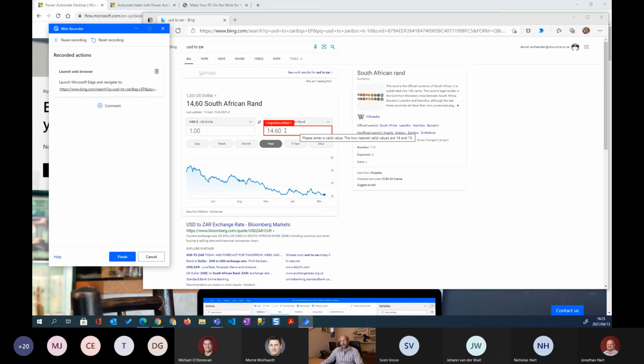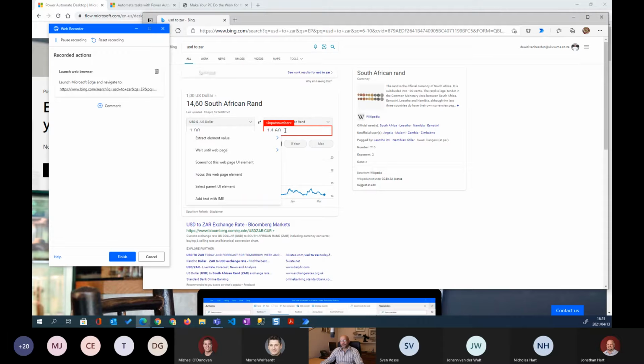So when I right click on this one now, it'll give me a few options. I can say extract the value from this, extract the title of this block, and check whether it exists and return a Boolean for true or false. You can also tell the recorder to wait until this specific element appears on the screen. So it might be that certain things need to run on the page, and you might need to enter some data before something is displayed, and you can tell it to pause and wait the flow until this happens. You can take a screenshot of this element and so on and so forth.